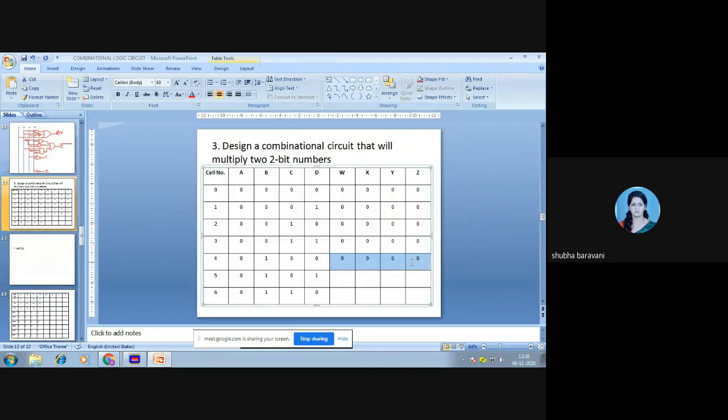Okay, now we have to multiply 0, 1 with 0, 1. Check out what you get.